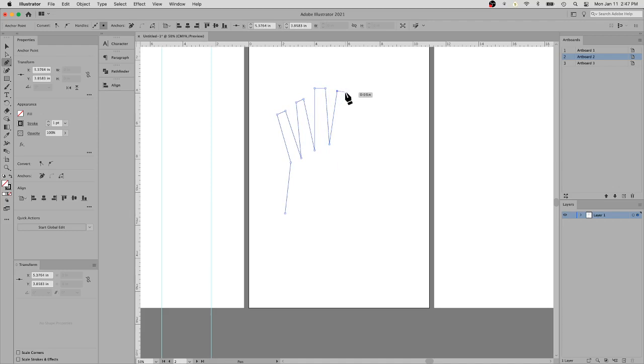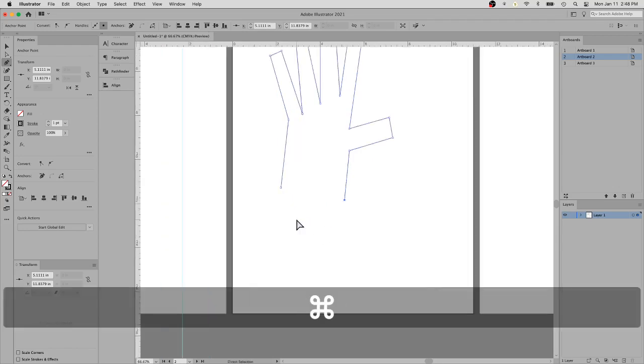Here's my index finger. Now the great thing about illustrations is that it allows the illustrator to kind of interpret what the world looks like, and it doesn't have to be realistic. It just has to have the general shape. Speaking of shapes, so we have the general shape of my hand, but it's not a closed shape. If I were to zoom in just a little bit here,